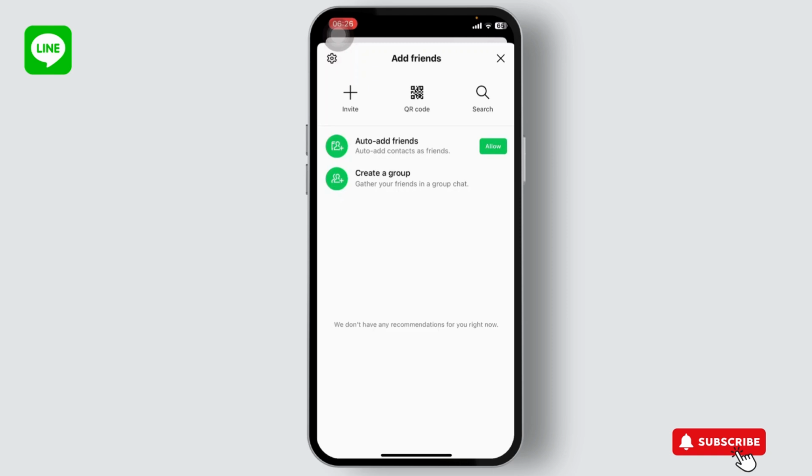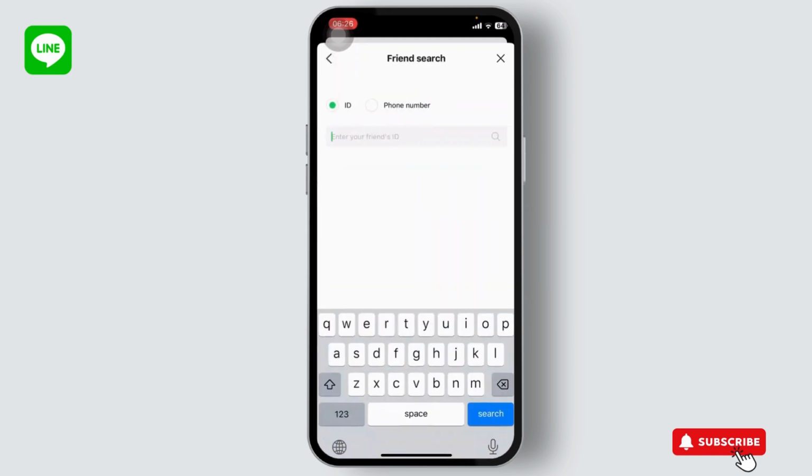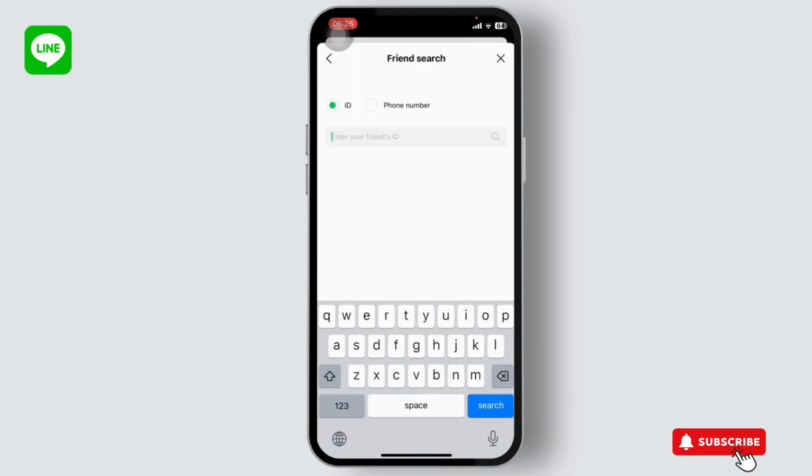Now after you're here, you will see different ways you can add your friends. You can easily add them using a QR code. Tap on the QR code to get a QR code which you can share with your friends. You can tap on invite to invite friends from your different other platforms. You can also tap on search, and after you tap on search, you can search for a friend using